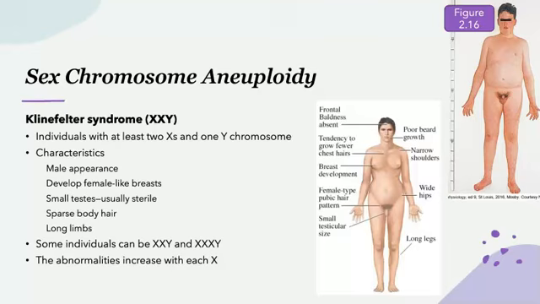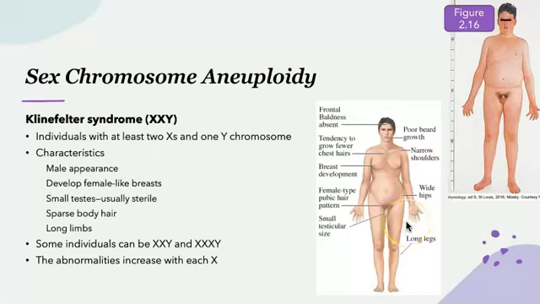Next up, we have Klinefelter syndrome, and this is known as XXY because this individual is going to have 2 X chromosomes and 1 Y chromosome. So the characteristics here is to have more of a male appearance, also a development of female-like breasts, having smaller testicles, and that typically is going to lead to sterility, and having sparse body hair and longer limbs. You can kind of see how this is a little bit longer, moving past the hips and down about midway